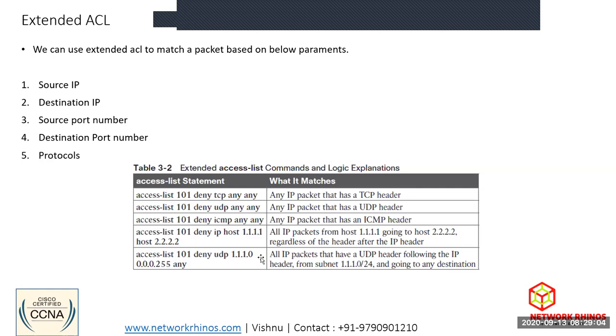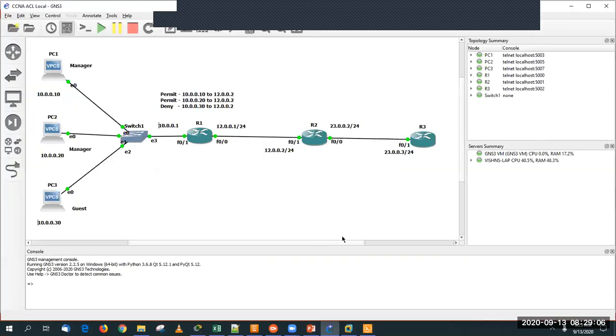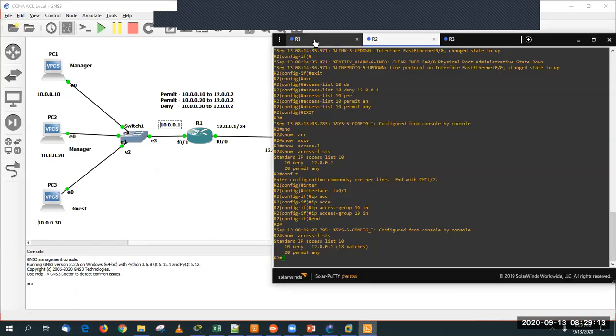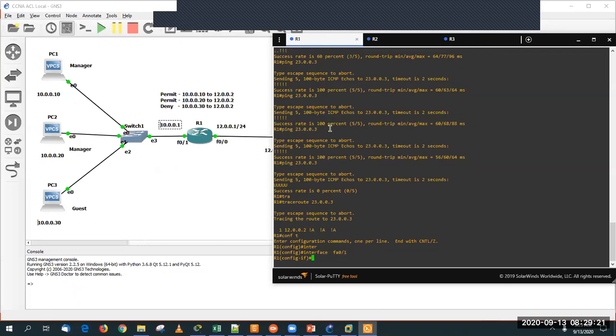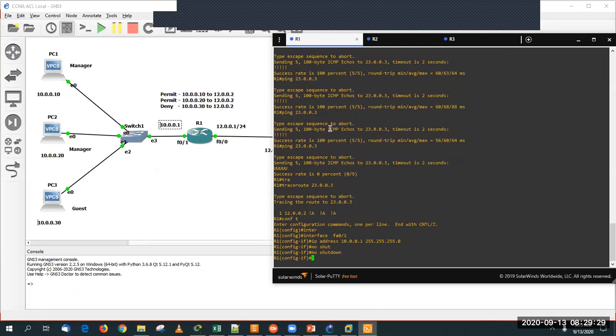Fine. So let's go back to our lab here. Let's configure the IP address on FA0/1, which is going to be the default gateway IP address for all the PCs. Configure terminal, FA0/1, IP address 10.0.0.1 255.255.255.0, no shut down.